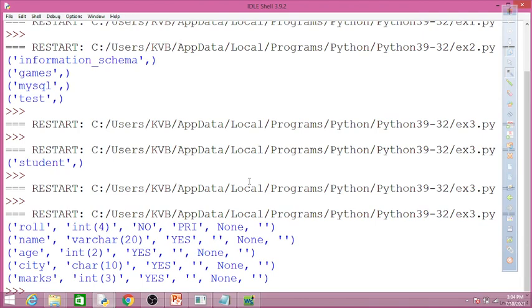Okay, you can see the output. Previously we have done it through MySQL. Now we are doing it through Python, displaying the structure of the table student in our Python program. So you can see that the first column is roll number, second column is name, third column is age, fourth column is city, and fifth column is marks. So all the columns are displayed.